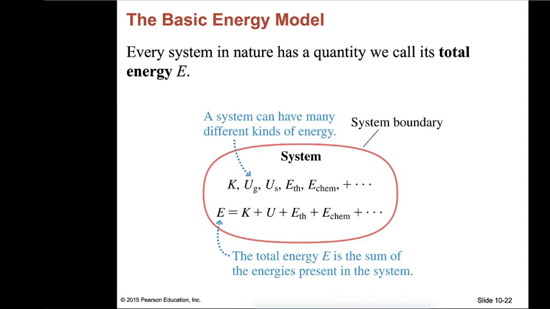So that's the concept of energy. For any system, it may contain a lot of different types of energies. For example, it may have some K, which means kinetic energy, gravitational energy, spring potential energy, thermal energy, chemical energy, and other energies. If you sum up all of the types of energies in the system, then that's the total energy of the system.